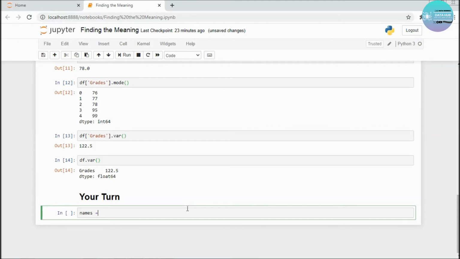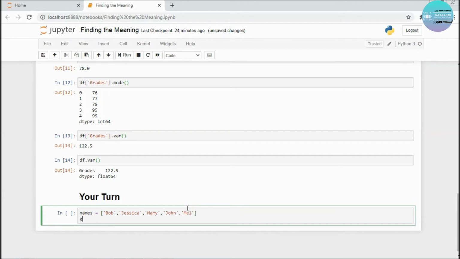Names: Bob, Jessica, Mary, John, Mel. Now, grades is equal to